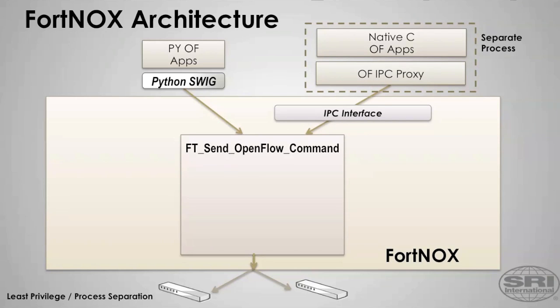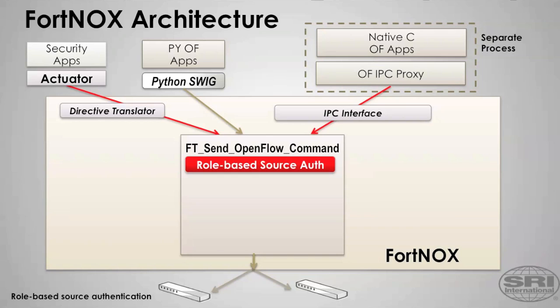And here is a summary of the components we've integrated into Nox to create the FortNox security kernel. As we discussed, to ensure the runtime integrity of FortNox as a security policy mediator, we created an IPC proxy. A legacy OpenFlow CLib can be wrapped in the OF client proxy, which then relays Nox API requests to the proxy interface embedded within FortNox. We've also developed a security API that allows network security applications to send high-level threat response requests to FortNox, which then translates these requests into OpenFlow rules.